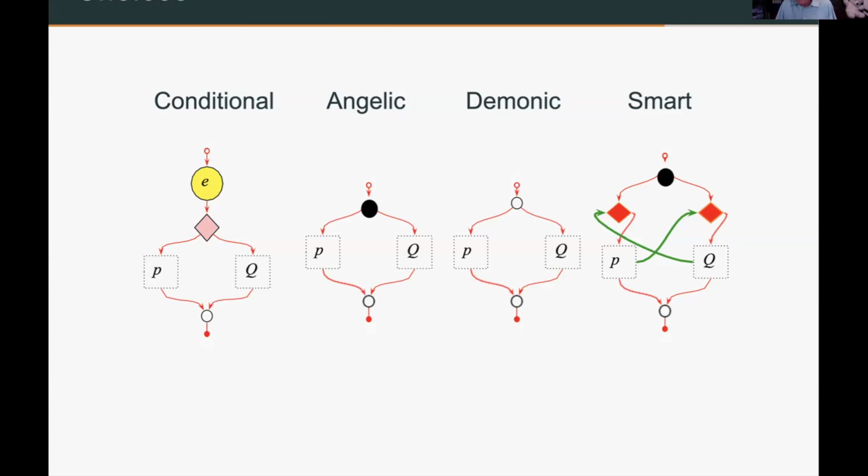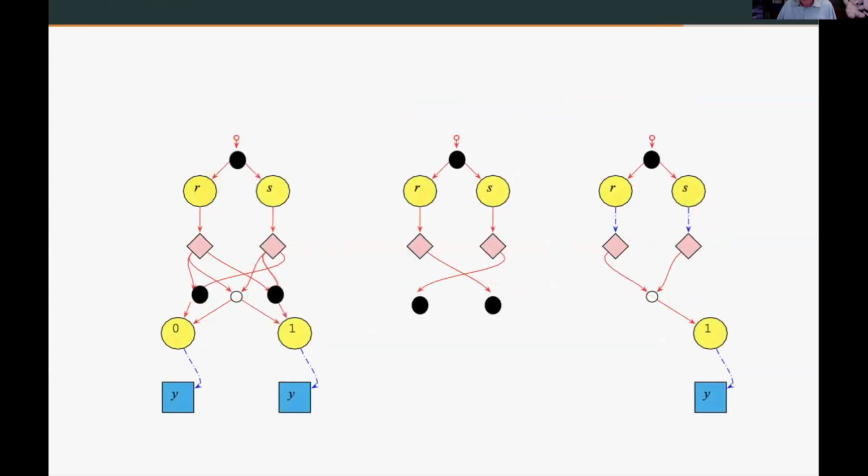So if you see what's happening here, at first we're going both left and right. On the left, we check that Q hasn't happened yet, and if it hasn't, then we do P. On the right, you check if P hasn't happened yet, and if it hasn't, you can do Q. And then whichever one finishes, we're happy.